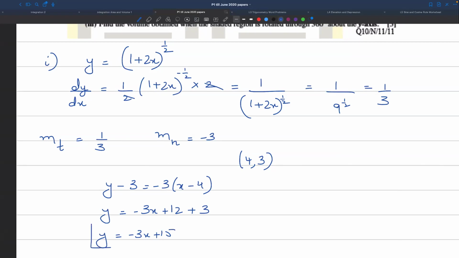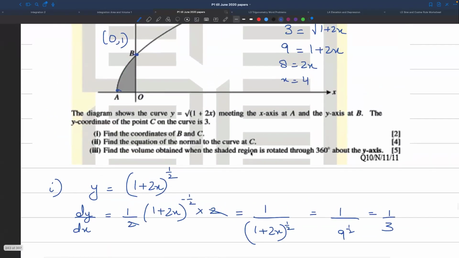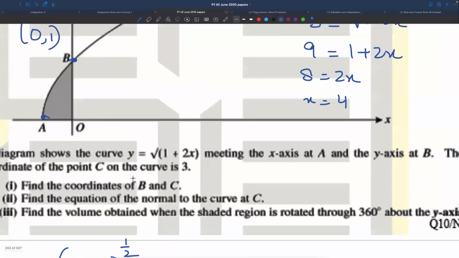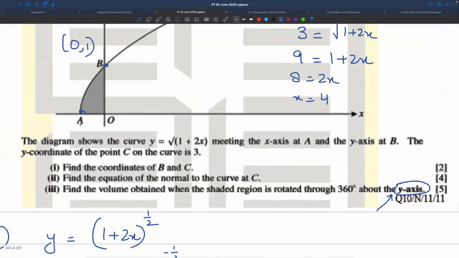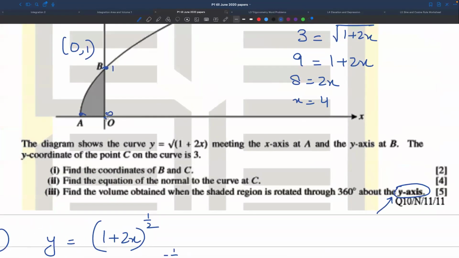y equals to mx plus c use कर लें, that you learned in O levels, whatever you want to use, or you can use this formula to find the equation of the line. All of them will give the same answer, obviously, ठीक है। So now we have the equation of the normal to the curve. In part 3, it says find the volume obtained when rotated about the y axis, ठीक है। अब ये बहुत इंपॉर्टेंट चीज है, y axis। ये मैंने उस दिन क्लास में समझाया था कि इफ इट इज रोटेटेड अबाउट द वाई एक्सिस, यू विल मेक एक्स योर सब्जेक्ट एंड योर लिमिट विल बी 1 एंड 0, ठीक है।